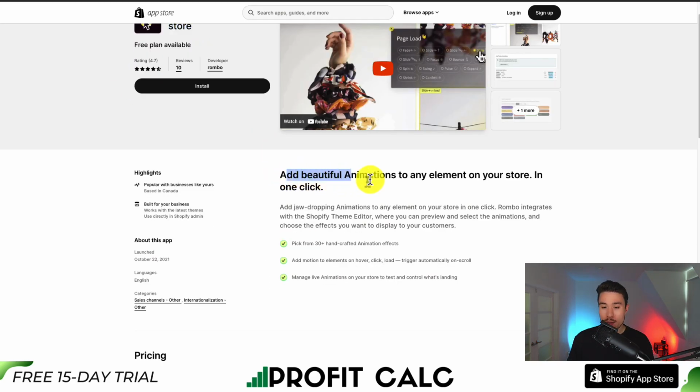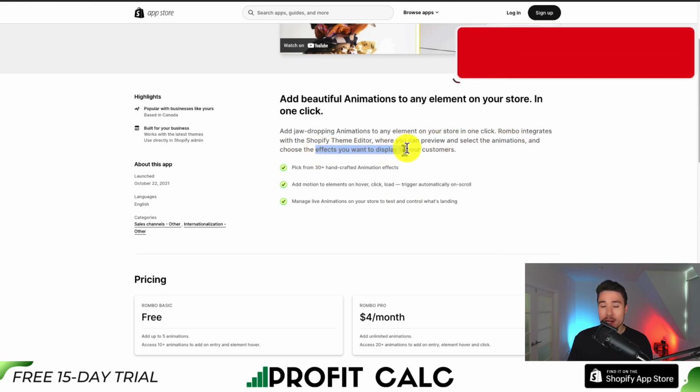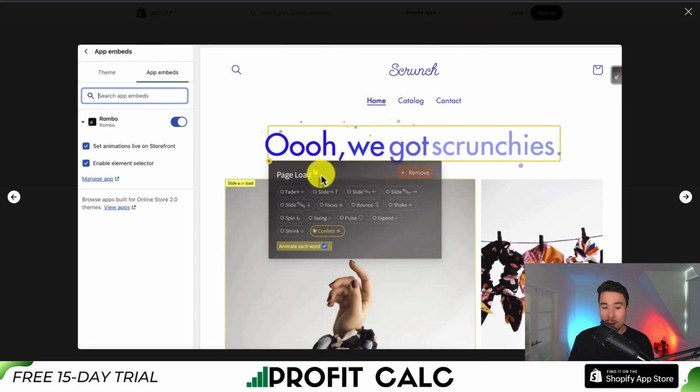You can add beautiful animations to any element on your store in just one click. So it integrates with the Shopify theme editor where you can preview and select the animations and then choose the effects you want to display to your customers. They have over 30 handcrafted animations, so you can see on page load, we can do things such as fade in, slide up, focus, pulse, expand, confetti, and it makes it super easy to integrate as it is built with